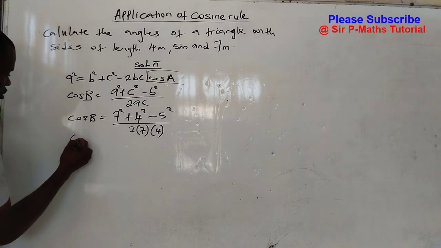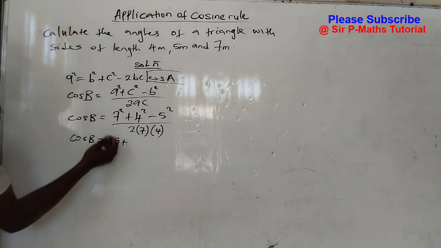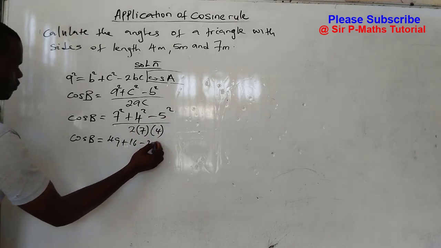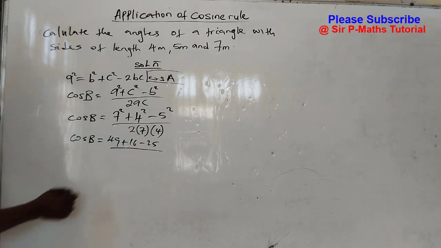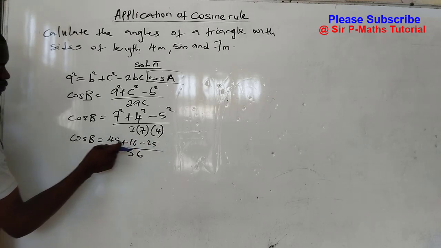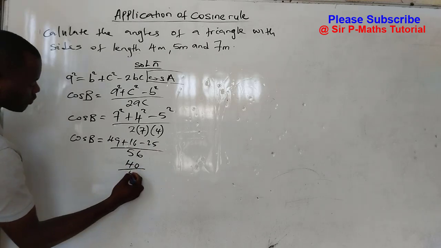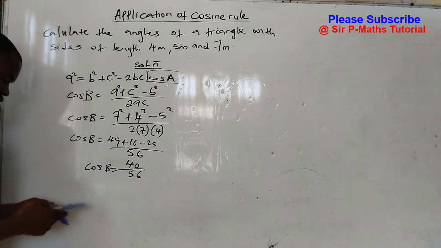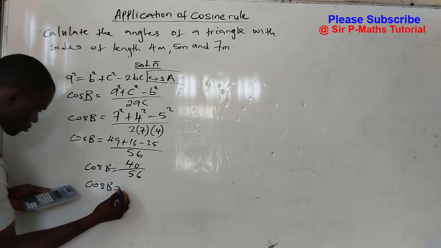Okay, cos B will now be equal to 7 squared, which is still 49, plus 4 squared is 16, minus 25, all over 7 times 4 is 28, times 2, 56. Then we'll add 49 and 16, subtract 25. If I add there, I'll have 65 minus 25. I will have 40 over 56. 40 over 56. This will give me